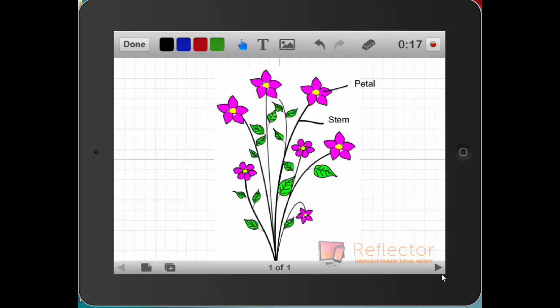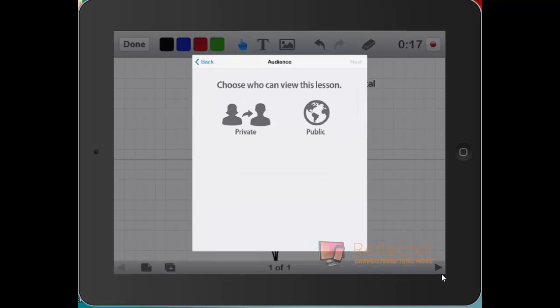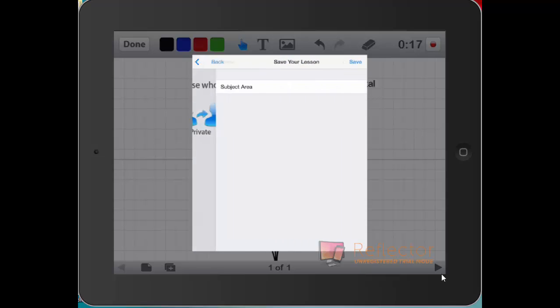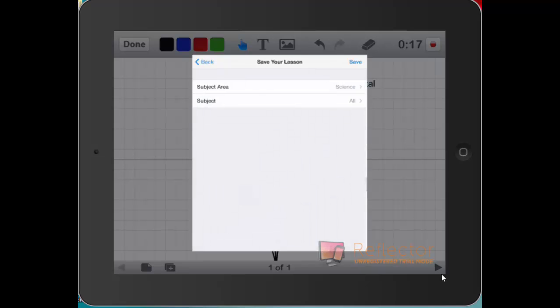And then I can click on done when I'm finished, and I can either save the lesson or start over. So if I save the lesson, I might call this parts of a flower. And then I can either make it private or public. I'm going to choose private. Subject area, we'll put science,